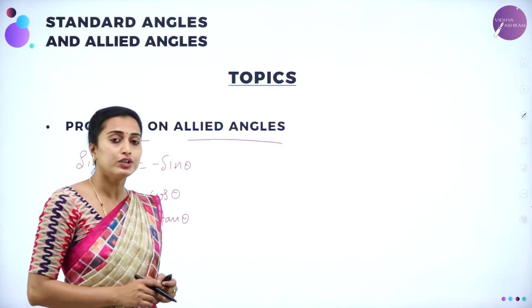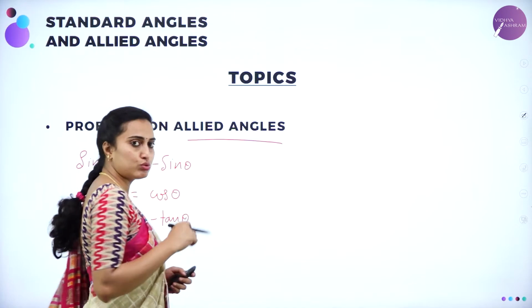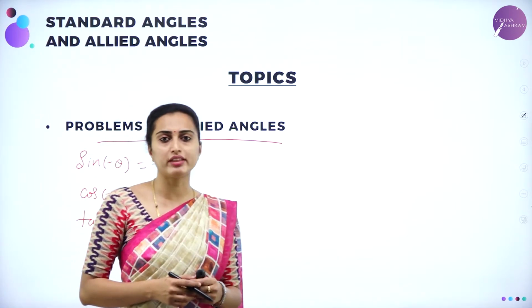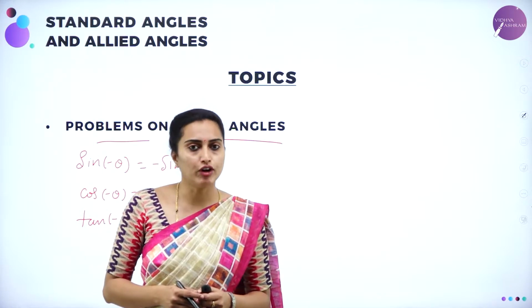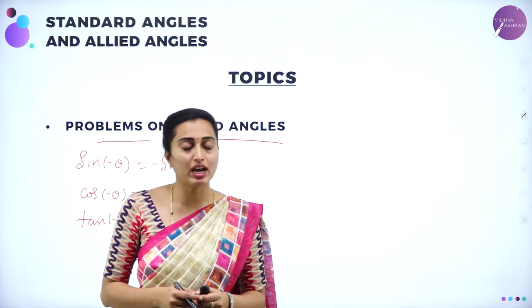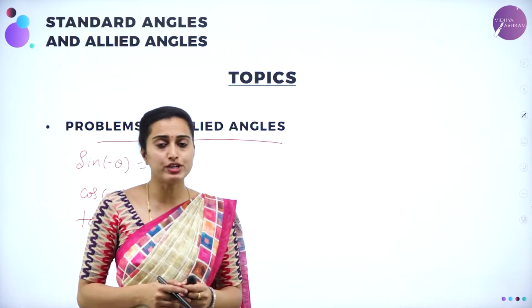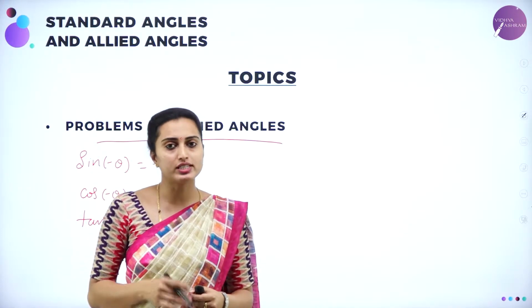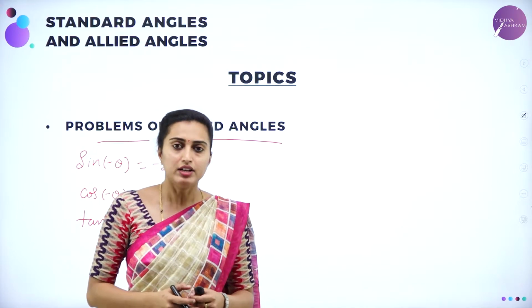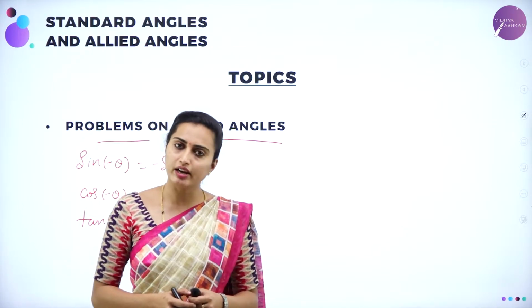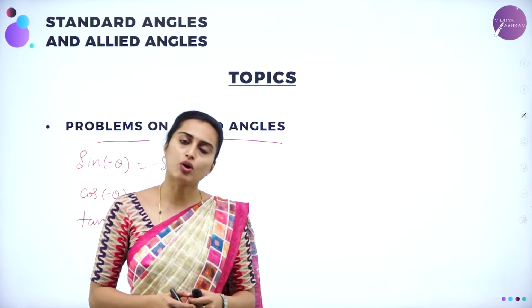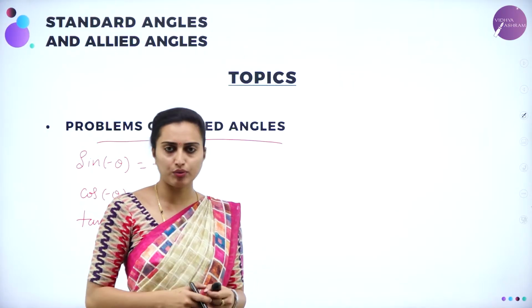And also, you have to remember the values of sine and cos. Sine 0 degree is 0, sine 30 degree is 1 by 2, sine 45 degree is 1 by root 2, sine 60 degree is root 3 by 2, and sine 90 degree is 1. The reverse order of values of sine gives you the cos, and sine by cos gives you the tan. Reciprocal of sine is cosecant, and reciprocal of cos is secant. Reciprocal of tan is cot. Those values you have to know.